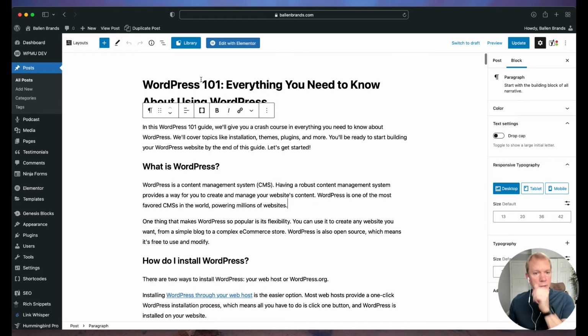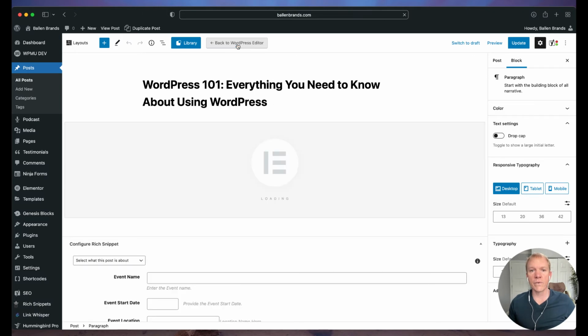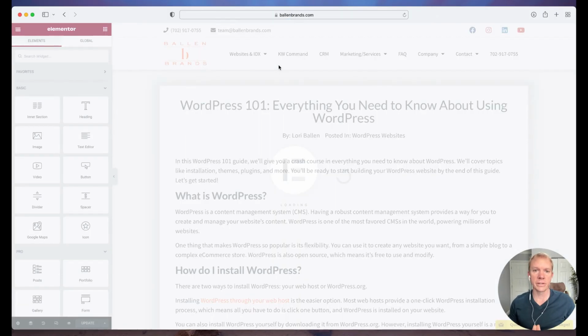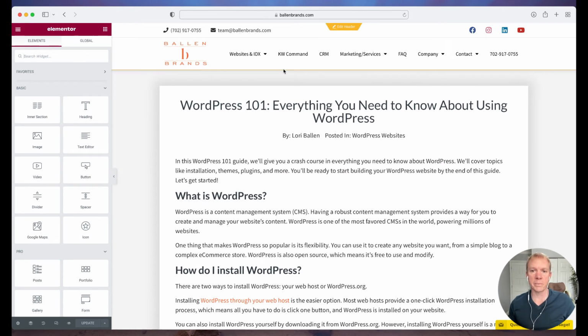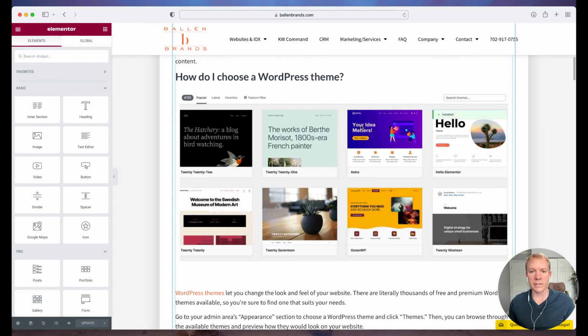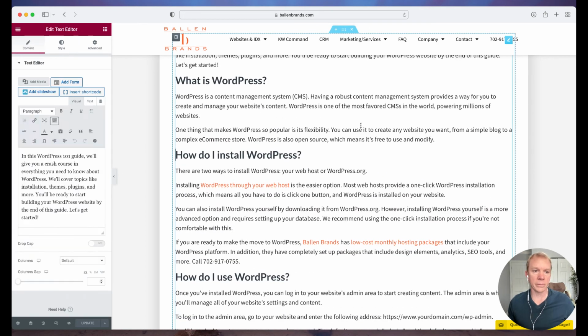Okay, so we're going to take a look here at, just as an example, so you'll notice a button here that says Edit with Elementor. So if I click that button, what it does is it's actually going to pull in all of the content that I already had in the Gutenberg interface, and it's going to load it up here on this page. It opened up the Elementor editor, and all it's done is it's taken